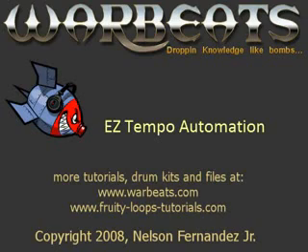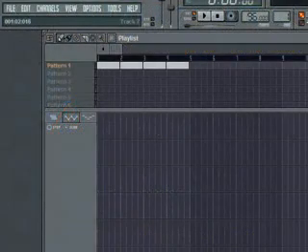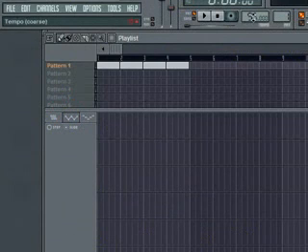In this tutorial I'm going to talk about automating the tempo. Now your first thought might be to use automation, and you'd be correct in that, but one problem with the current automation, and this is as of FL Studio version 7, I don't know if FL Studio 8 handles this differently, is when you go to the tempo and you decide you want to